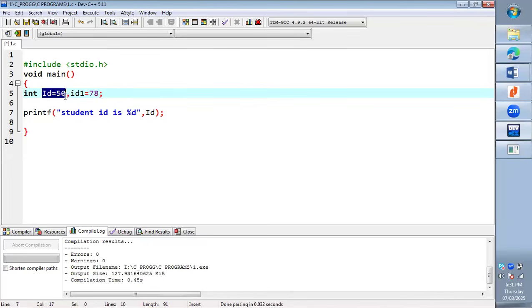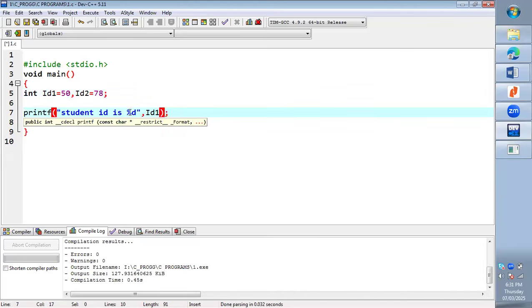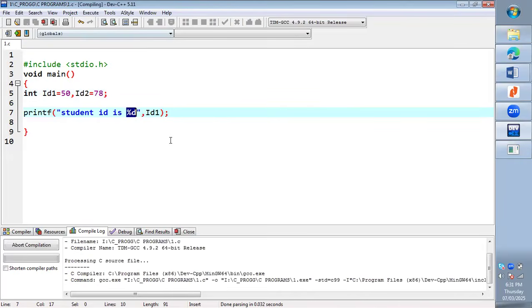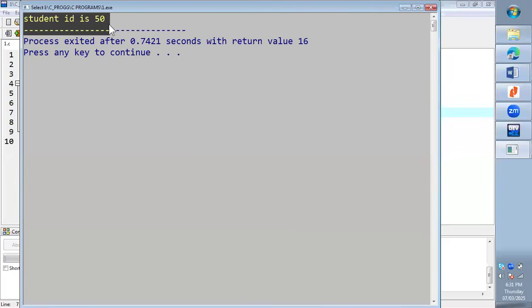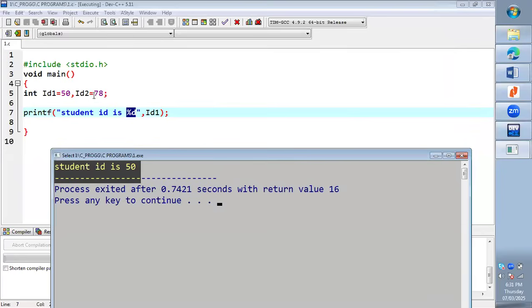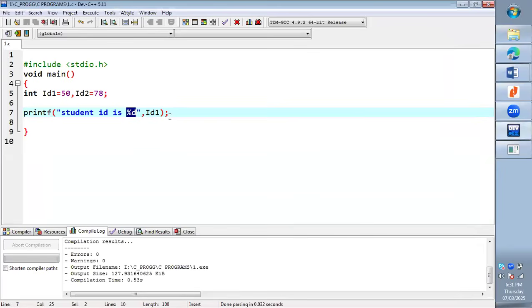So here ID is 50. Let's take this ID1 and this ID2. Whatever I write here, that is printed. I have written ID1, compile and run. 50 I got, 78 I did not get. Now if I write ID2,